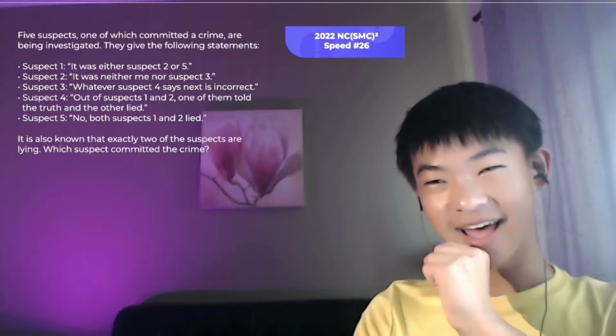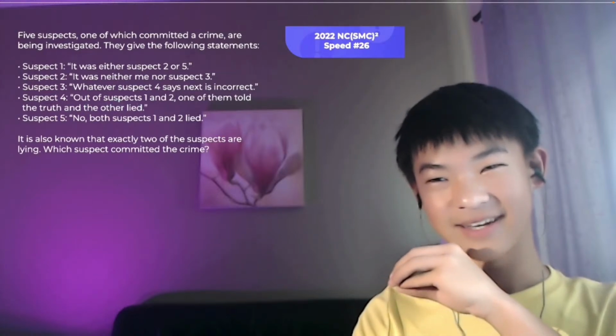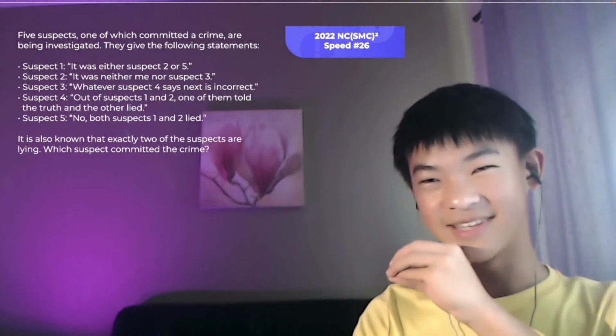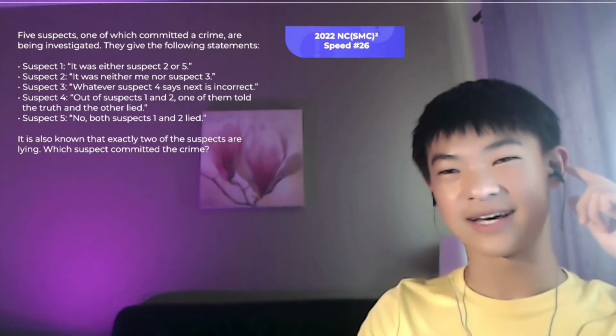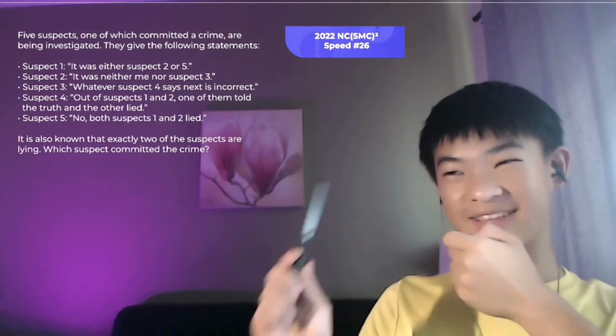Suspect 4 says, out of suspects 1 and 2, one of them told the truth and the other lied. And then suspect 5 says, no, both suspects 1 and 2 lied. It is also known that exactly 2 of the suspects are lying. Which suspect committed the crime? Okay, that's a lot of suspects. Anyways,